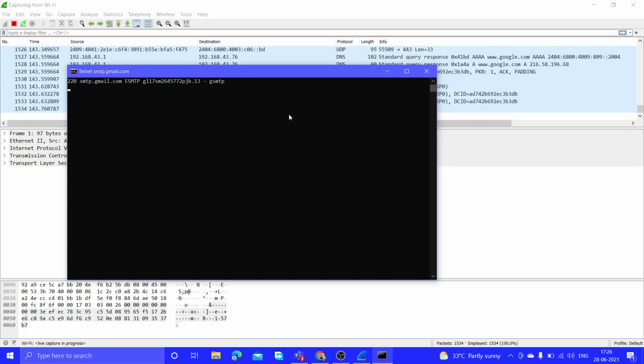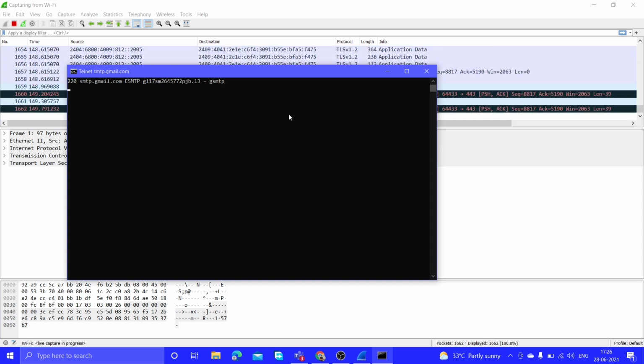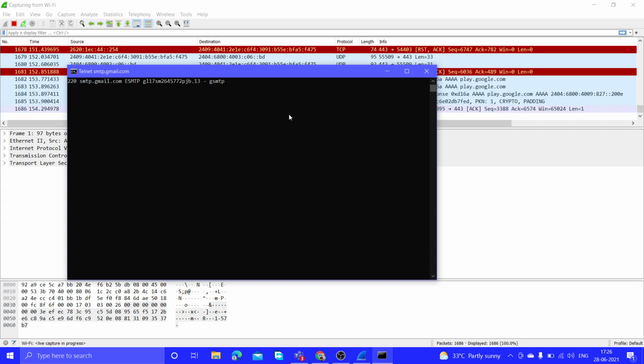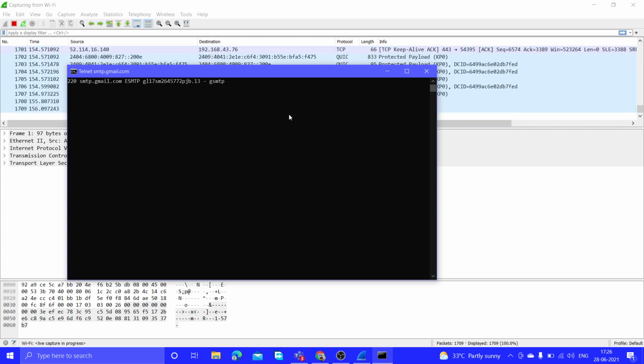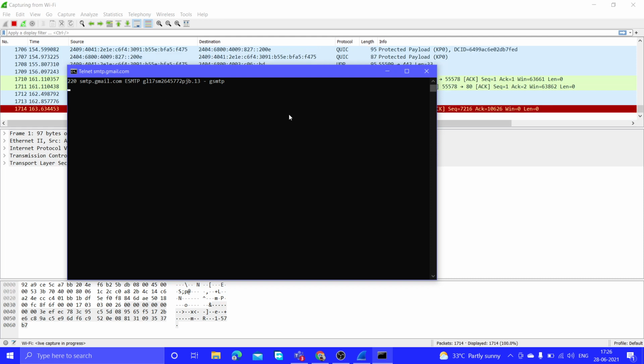After typing telnet smtp.gmail.com 587, we got a connection with code 220. That means the server is connected and we have established a handshake. So now we got the connection to the server.